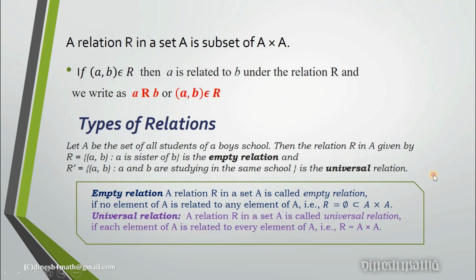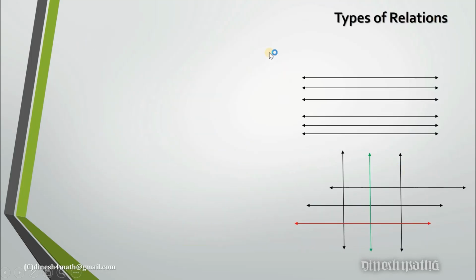Now we'll go a little further with different types of relation. I'm considering two cases here for your understanding. In the first case I'm taking a set L of parallel lines in a plane, and in the second, perpendicular lines in a plane. I'm considering one of the lines, say L1. Now can I say this L1 is parallel to itself? A line will always be parallel to itself. Now consider this line L1. Can you say L1 is perpendicular to itself? Clearly a line cannot be perpendicular to itself, so it is not.